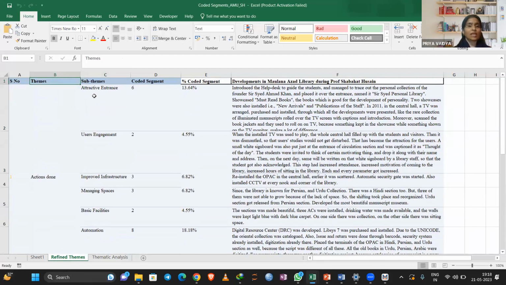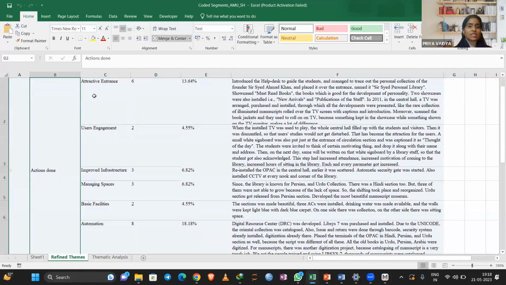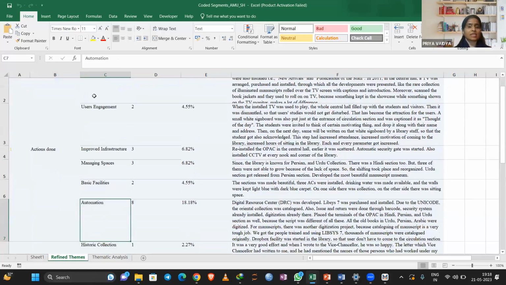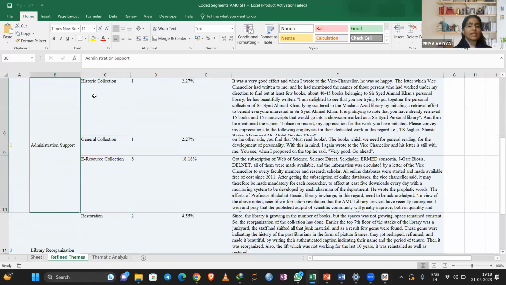So you can label it as theme, or you can label it as code. I mean, you can label it as theme or category, or either you can label it as codes or sub themes. So under this first category, or this first theme, I have created several sub themes like attractive entrance, and all these themes. Now the second code, or second theme, was administration support,